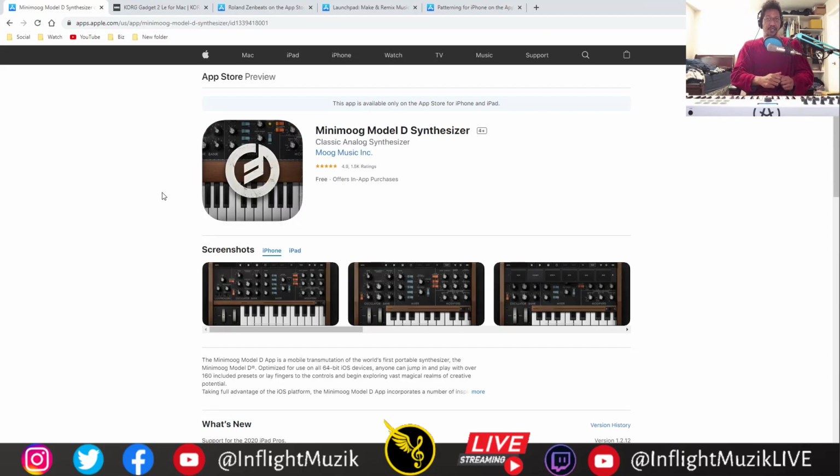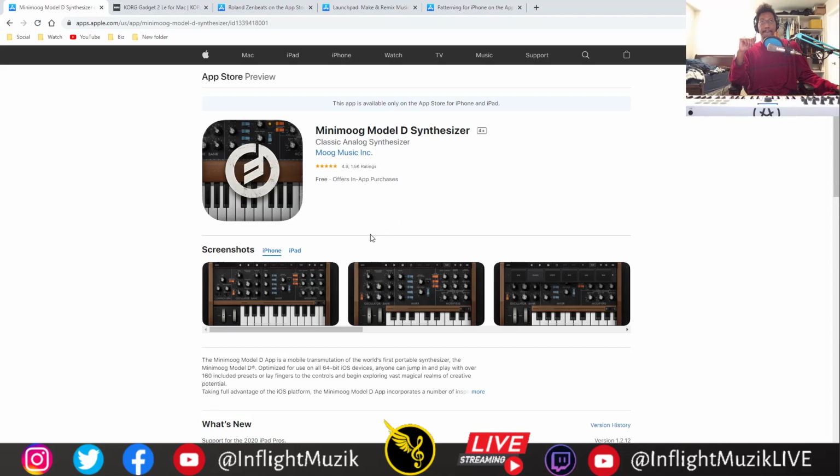Speaking of free synthesizers on your phone, I haven't tried this one out yet. I remember using a free version of the Mini Moog back in the day on my computer, and it sounded great. Now I have a bunch of other plugins that replaced it, but in terms of putting this analog sound into your phone, that would be pretty amazing. Of course, it's not true analog, but in comparison to other plugins, at least the Mini Moog emulation that I heard, it definitely has a different character than your typical synth. So if you're looking for some more grit, some more warmth, some more character,